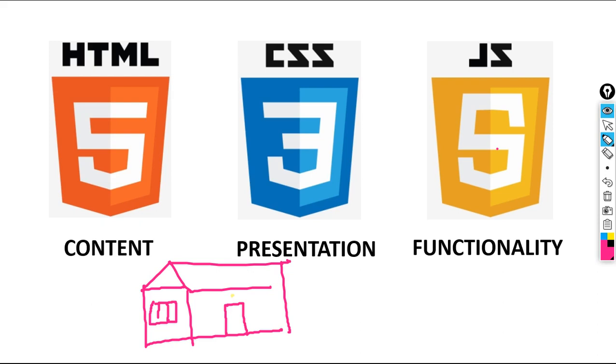So in this way, this particular content is our HTML. With the help of HTML, we can create an HTML page, nothing but a web page. With the help of CSS, we can give decoration to that particular web page, how it should look. Correct. But only the home and only the design is not important. There are lots of things like water supply, and there should be electricity in my house. What is that? That is functionality in my home.